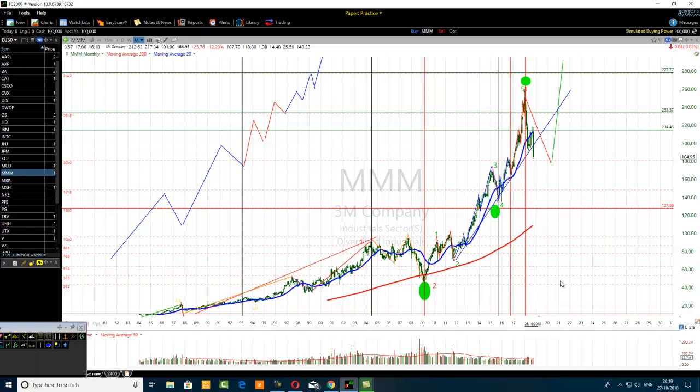Generally speaking, all the motive waves can be extended, talking about the first, the third, and the fifth wave. The motive wave that is quite often extended is the third wave, all right? But sometimes, surprise, surprise, if the stock is very bullish, the third wave may be extended, and then the fifth wave also will be extended. Not only the fifth wave itself, but the fifth wave of the fifth wave can also be extended.